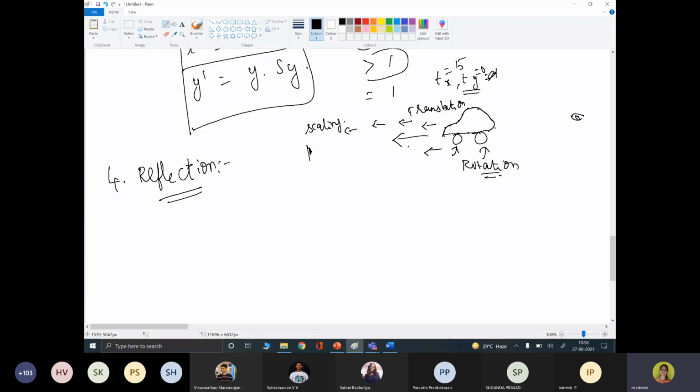Whatever we are discussing is with respect to 2D only, but actually in our virtual reality, we need to use 3D objects. So we have to give all this with respect to 3D. To make the concepts clear, I'm first handling 2D. It is very easy for me to express in 2D. That's why I'm explaining everything in 2D.